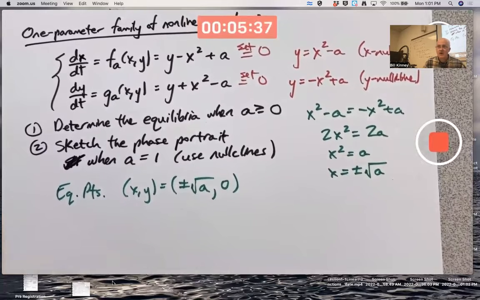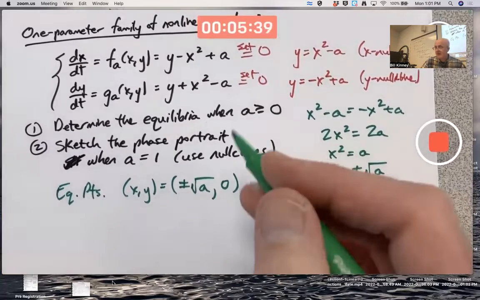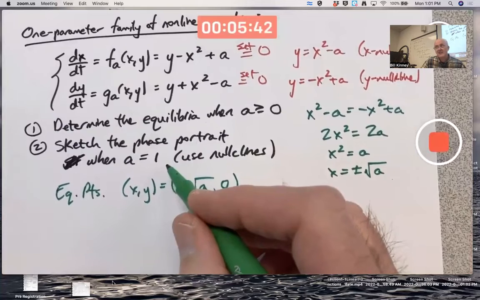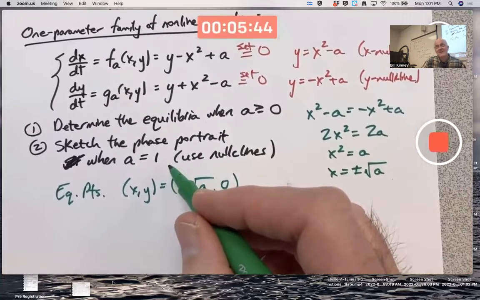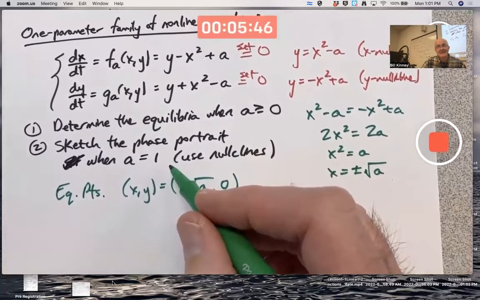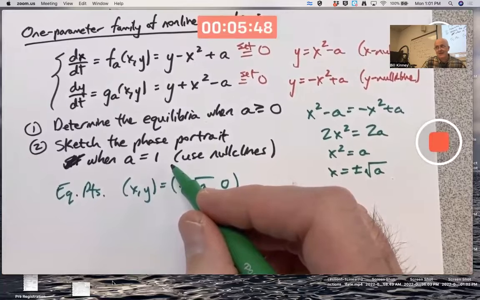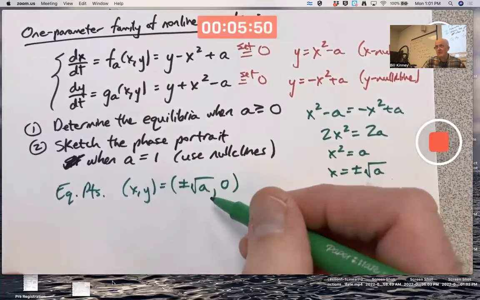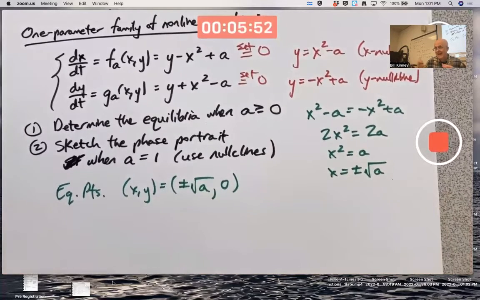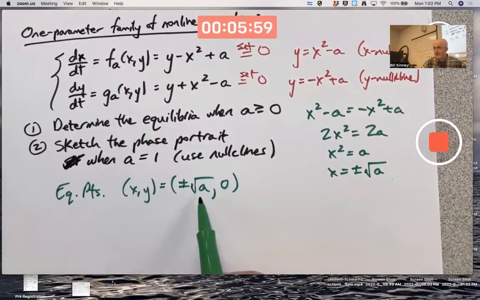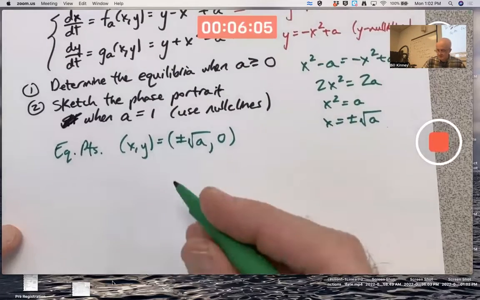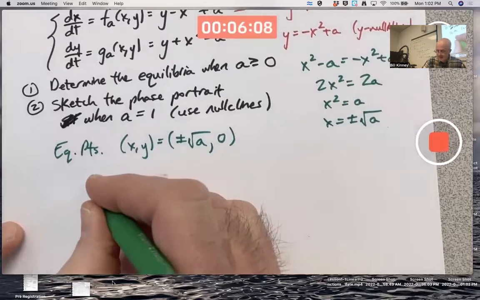Let's try to draw the phase portrait. I could say a is 1, but really, perhaps the phase portrait looks basically the same for any positive value of a. The location of the equilibrium points is going to change clearly as a increases. They will move further away from the origin. Does that make sense? Because that's going to get further away from 0 as a increases. But maybe the picture basically looks the same. Let's see if it seems reasonable to assume such a thing. At least if a is positive,